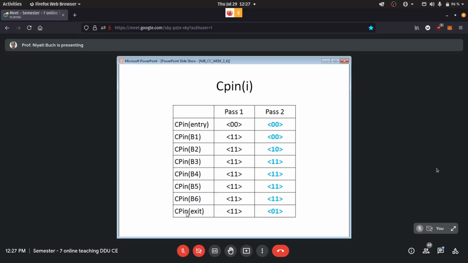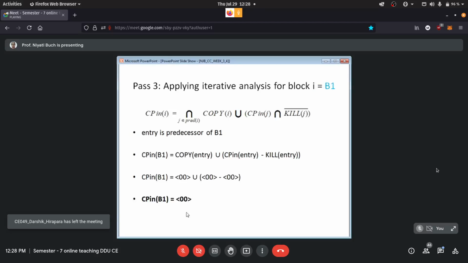When you finish one more pass, just make an entry into the column beside it, so it becomes very easy to take references. This is block B1. Entry is its predecessor. Putting it into the data flow equation, we find that CP in of B1 is 0, 0.